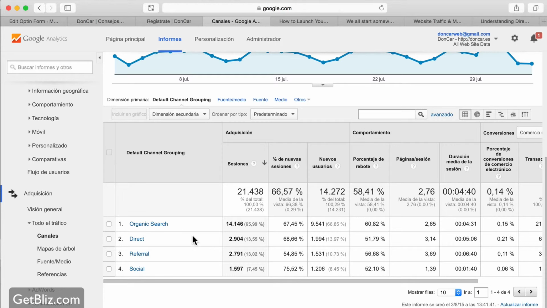So that's really cool because you can see what's working, what's generating money. Google Analytics is a very, very complex program, but it provides so much information about what's going on on your website. So you definitely should install Google Analytics from day one.